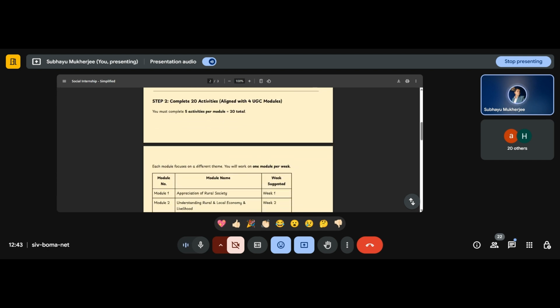Now, complete 20 activities. This was a major doubt of your last session. Most of you were asking me, in the meeting, I was telling about 4 activities to be done in 4 weeks. Actually, that was the thing which we got last year. Technically, 20 activities in 4 weeks is a bit difficult. Doing different activities daily is not feasible for many people, especially because of how intricate and specific these activities are. Anyway, since 20 activities is what is written in your Google form, which most of you sent me,